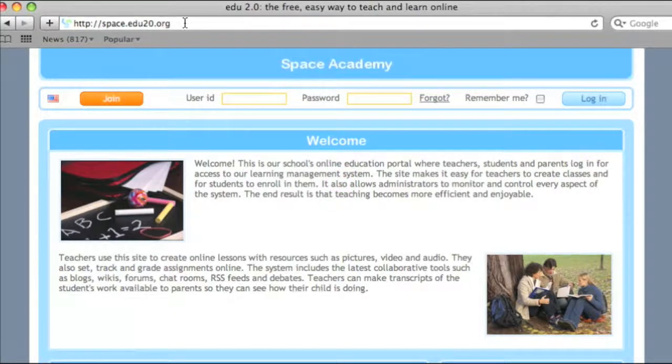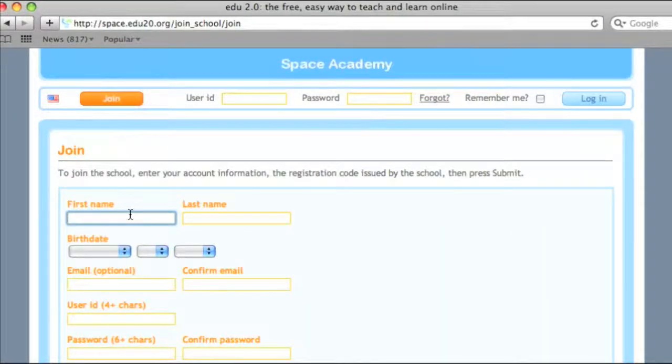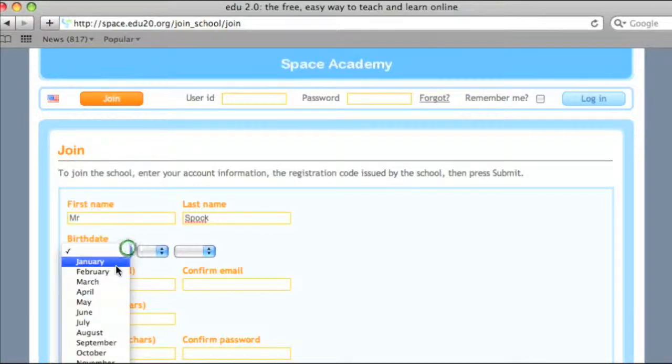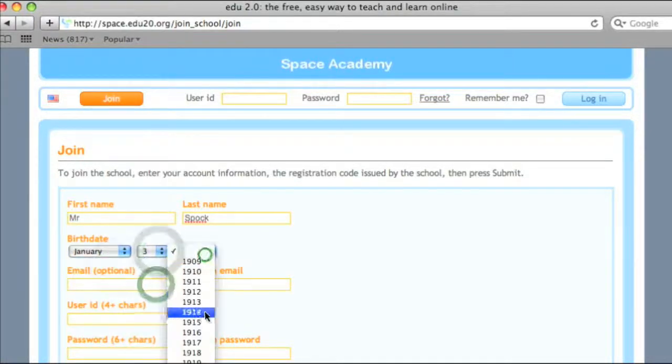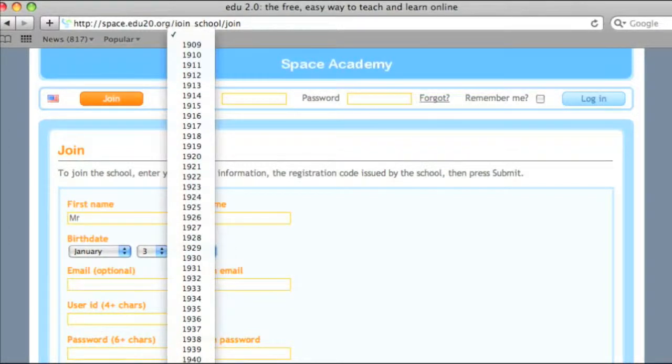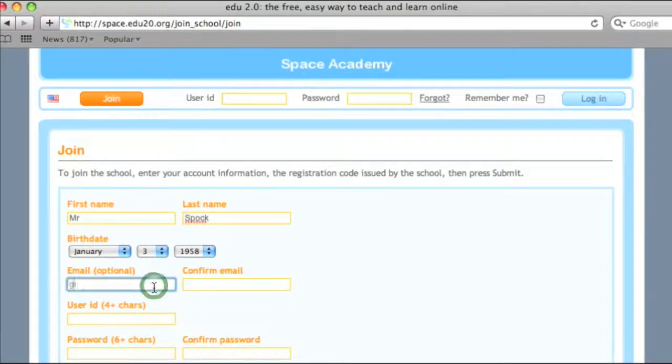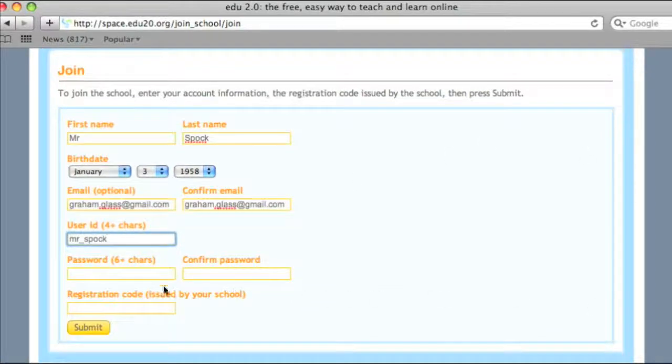So in this case I'm going to go to space.edu2o.org, click on join, and then enter my various bits of information. So I am Mr. Spock. I enter my birth date for the school records. I'm going to enter an email address. Now you don't have to have an email address to use Edu2O, but it's nice to enter one because then you can use it to retrieve your password if you forget it. I'll put in my user ID, which is Mr. Spock. I'm going to pick a password now